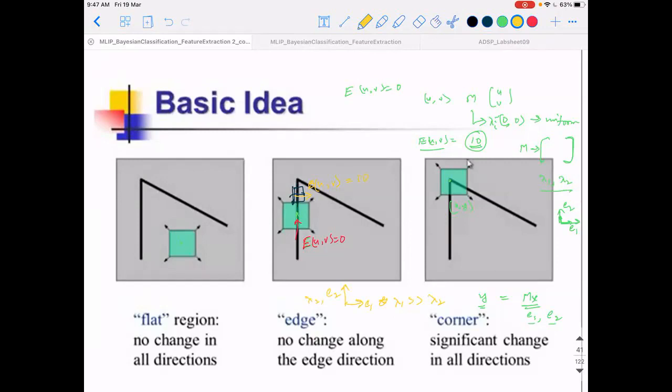So what I'm trying to say is that lambda 1 and lambda 2 quantify the shift of the matrix M operation at a given X, specifically in the E1 and E2 directions. So I can see that if lambda 1 and lambda 2 are both high, it is a corner point. If lambda 1 is higher but lambda 2 is smaller, it is an edge point. And if both are smaller, here lambda 1 equals lambda 2 equals 0, it is a uniform region. Is this discussion clear?